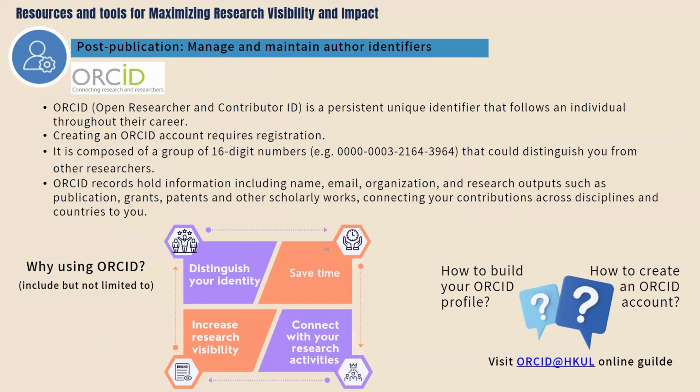ORCID is a persistent and unique identifier that accompanies an individual throughout their academic and professional journey. To create an ORCID iD, one must complete the registration process. This identifier is a 16-digit number which serves to uniquely identify a researcher. An ORCID iD includes personal information such as name, email, as well as affiliation with the organization, and